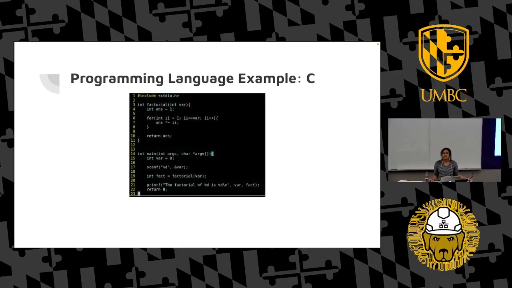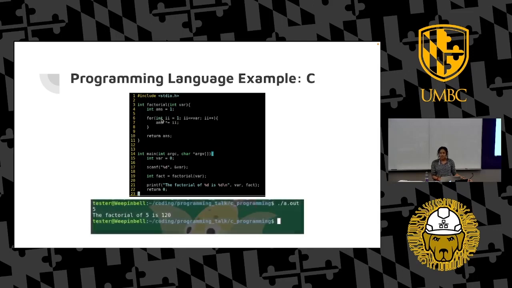So here is an example of a factorial written in C. You can see the function using the for loops. And you can just see it hard coding and printing out the factorial of a function. And this would be the procedure that it would be talking about. So here's how you'd run it. I didn't show the steps for compiling, but it looks fairly similar to how you would compile the Haskell code. So yeah. Yay.